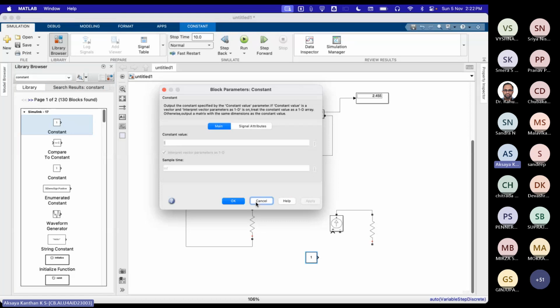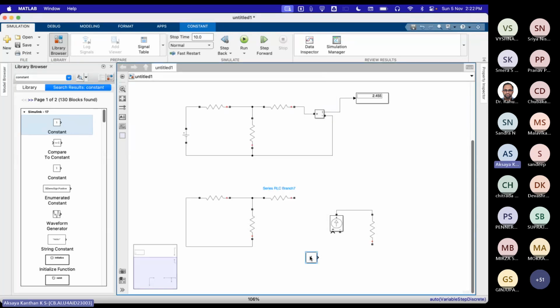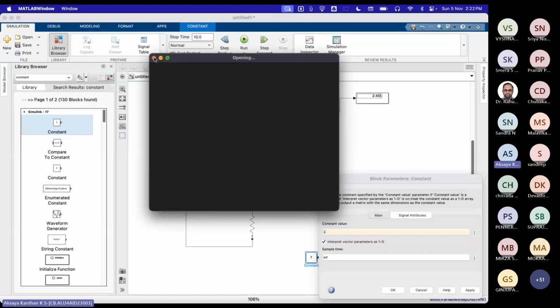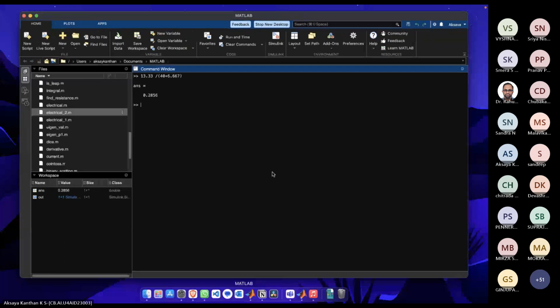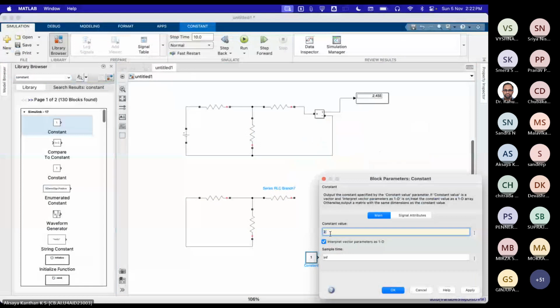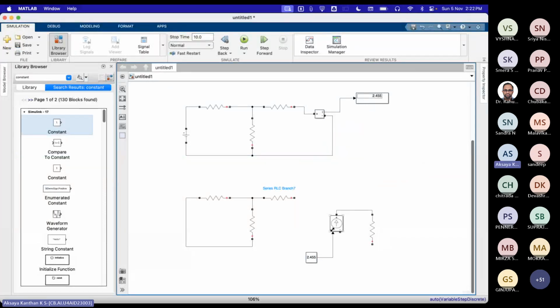The value of this current constant is going to be 2.455 amperes. Then it is connected to the controlled current source, and the other part is connected to the parallel resistor, and